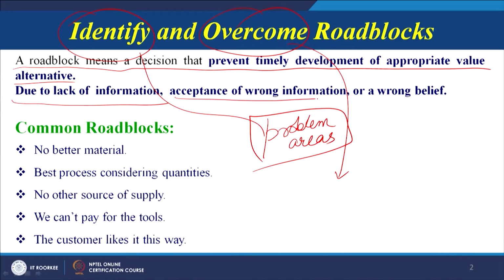So, due to lack of information, acceptance of wrong information, or a wrong belief. So, you can see the information is very important and wrong beliefs are equally important. So, we have to shed away, we have to get away from the wrong information and from the wrong beliefs. So, once we are getting away from these wrong information and wrong beliefs, if you see in our previous session,